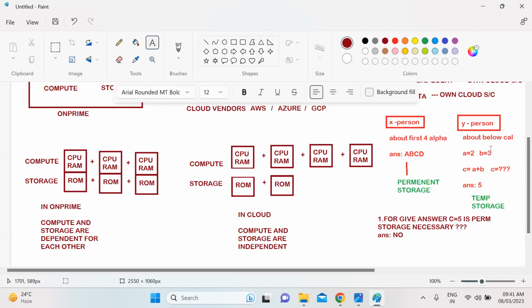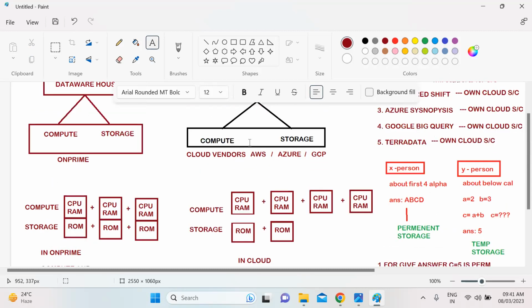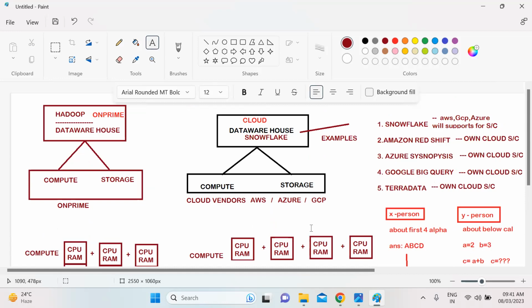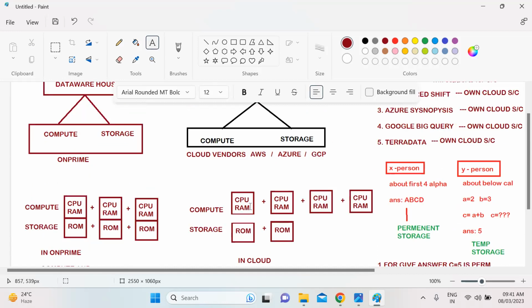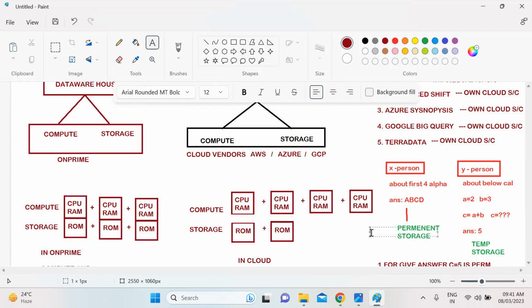So why? Because we have CPU plus RAM. RAM is a temporary storage. With the help of the CPU, it is a computing operation, and with the help of RAM, a temporary storage, we can do it.